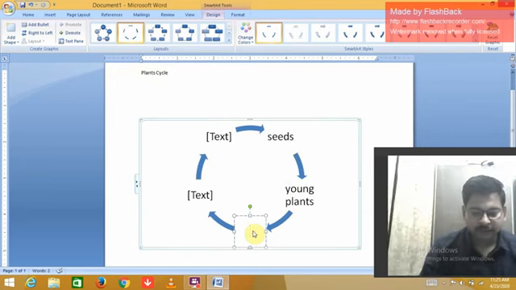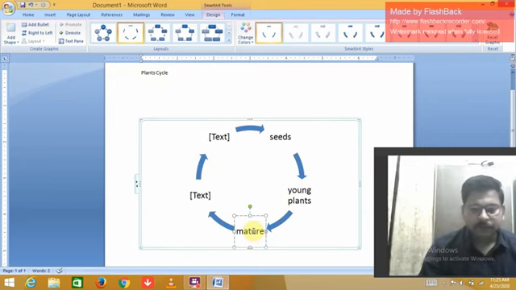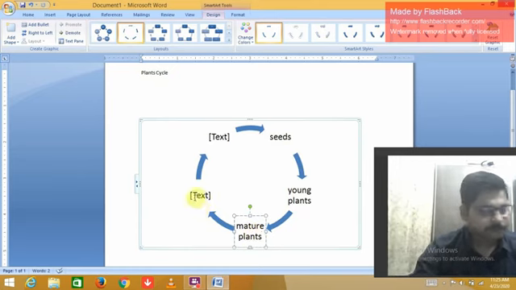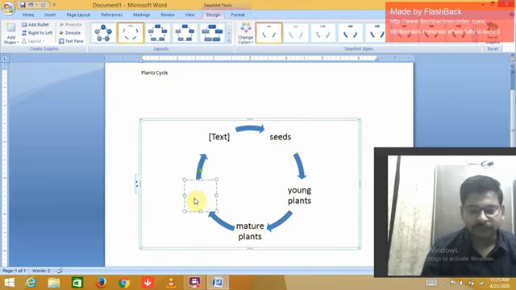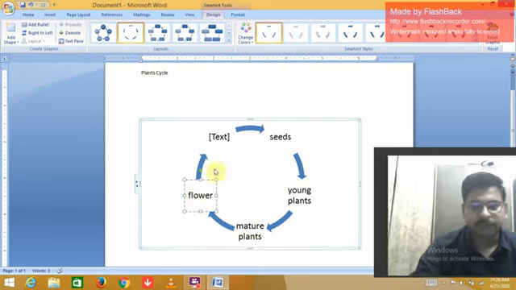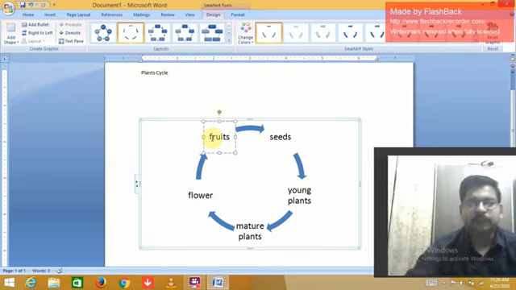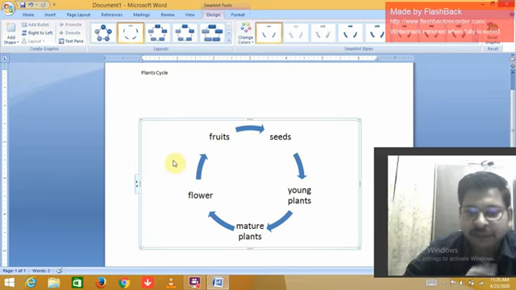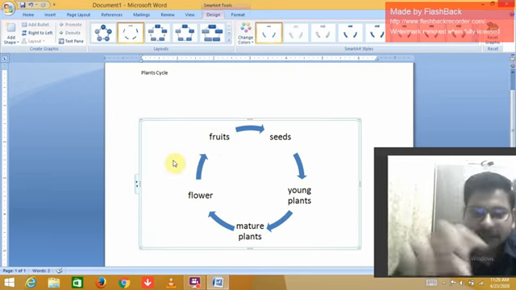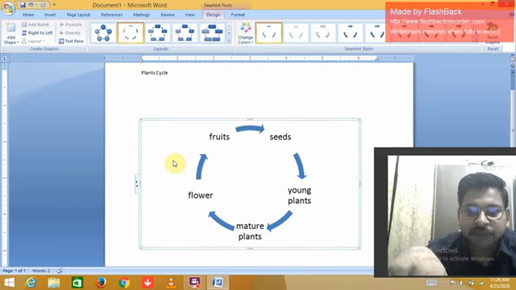Next is mature plants. Next is flower and its fruits. As you see, this is the plant cycle, as you see in any science book.